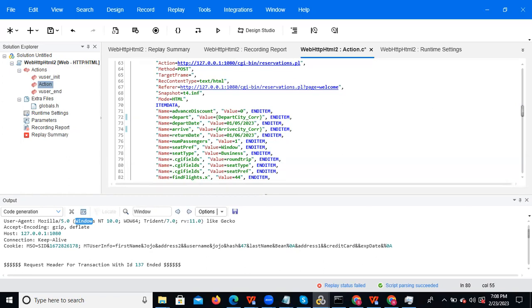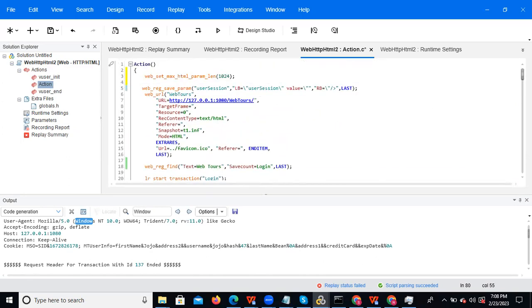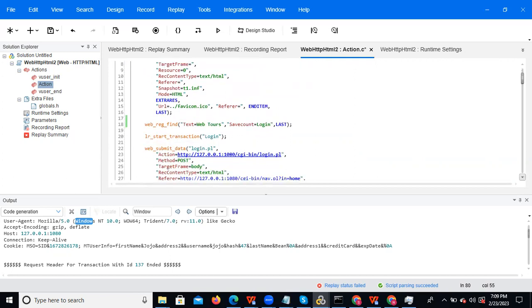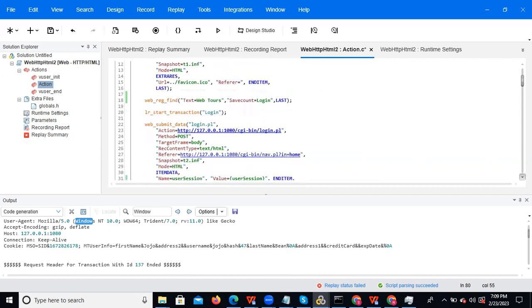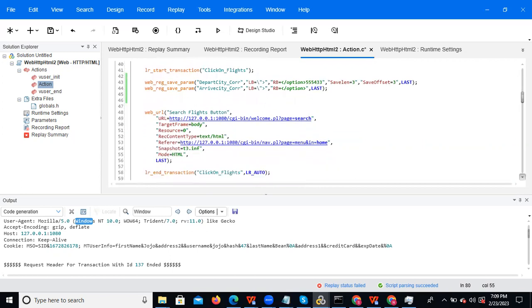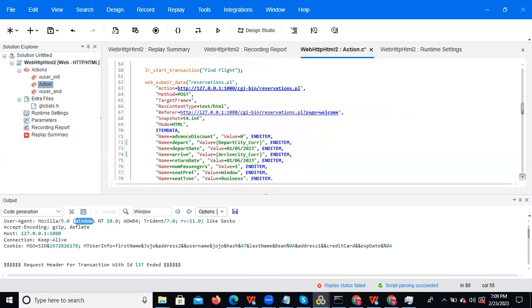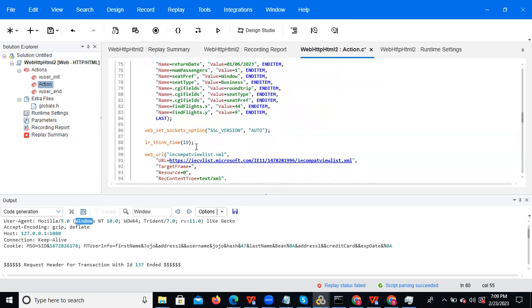Going to our script, you can observe that we have some LR functions. What are the LR functions? LR start transaction and LR end transaction. We use start transaction and end transaction to measure the response time of a particular transaction. In the same way, we can also see LR think time. So what is the think time? It is a delay between